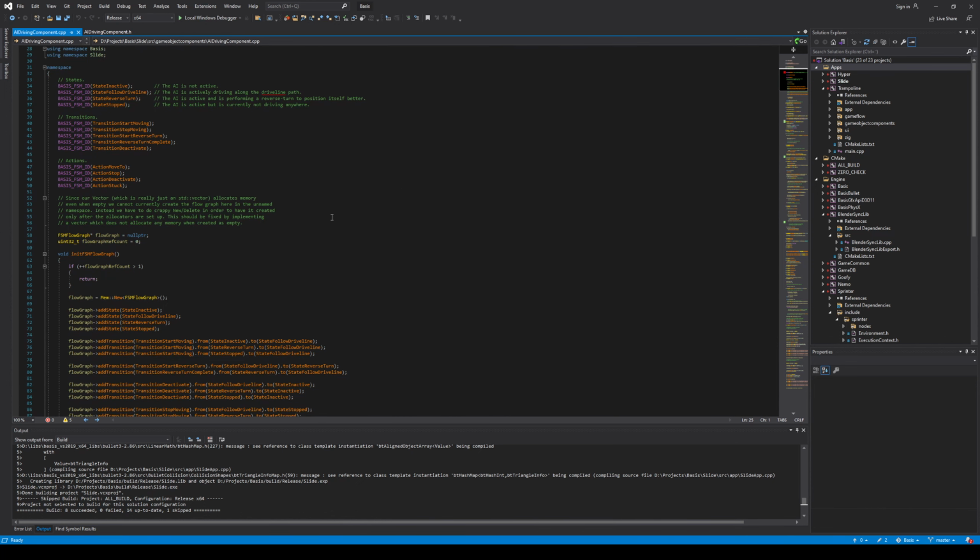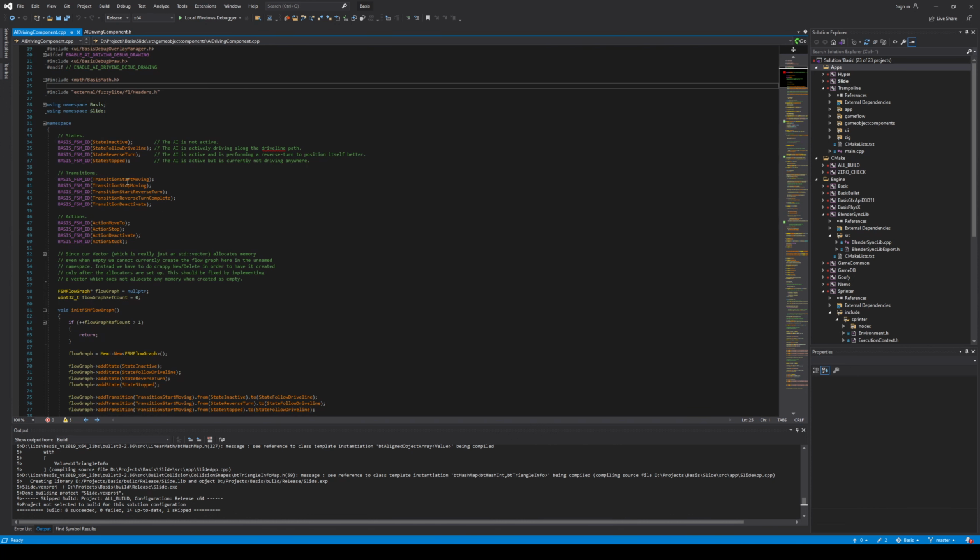And I implemented a state machine framework a long time ago, actually, for Basis, which allows us to model these state machines in a slightly more formal way and have the state machine issue callbacks when something happens. So we have state inactive, following drive line, reverse turn, stopped. Then you have transitions between those things,